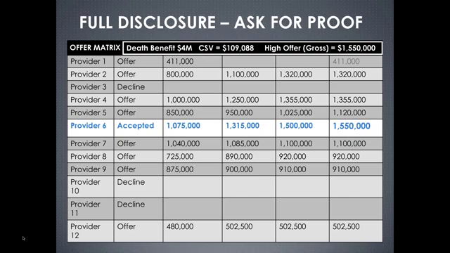This, as you see at the top, was a $4 million policy with a little over $100,000 for a surrender value. If you look at offer number 1 from a provider, a buyer of a policy, we're using the word provider, they bid $411,000. Pretty fantastic. The client could get $300,000 more than their surrender value. The reality is that's what many clients do, unless they work with someone that knows how to navigate this market.